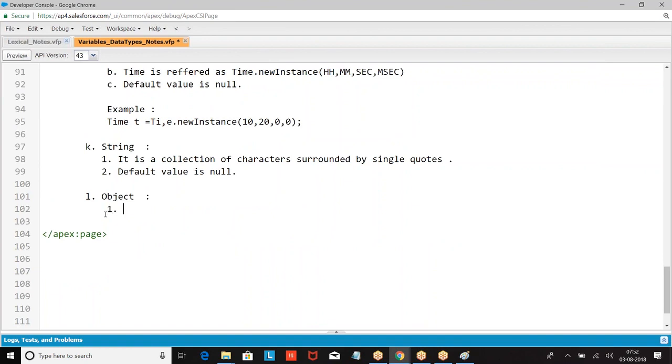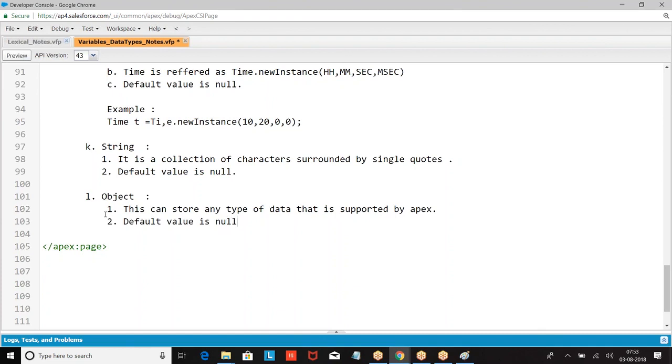What is object? This can store any type of data that is supported by Apex. Default value is null.